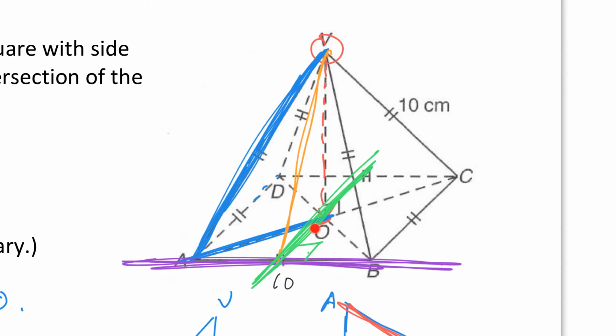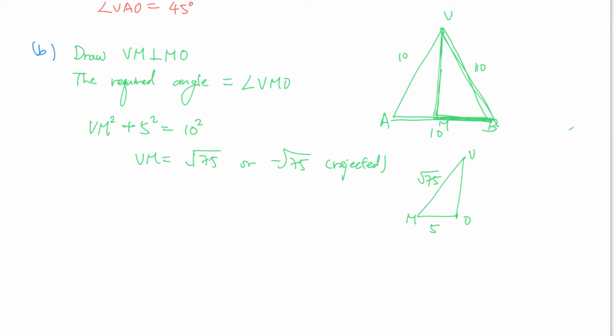So this is equal to 5. Now I can find angle VMO. Cosine of angle VMO is equal to 5 over root 75. So angle VMO is equal to 54.7